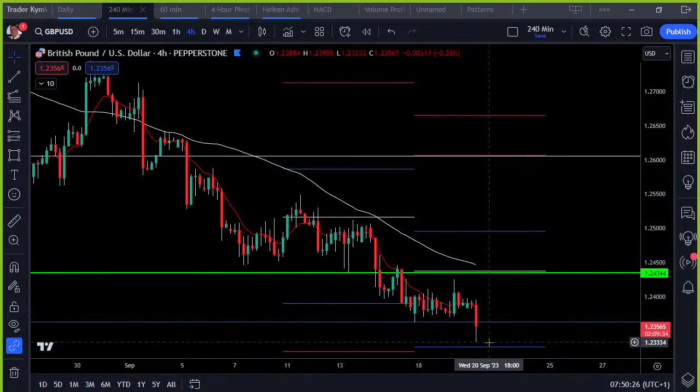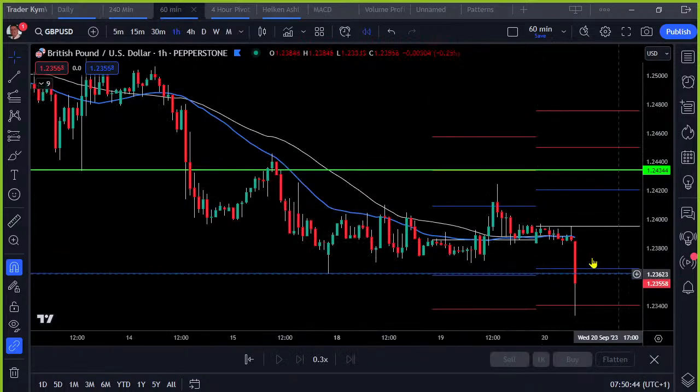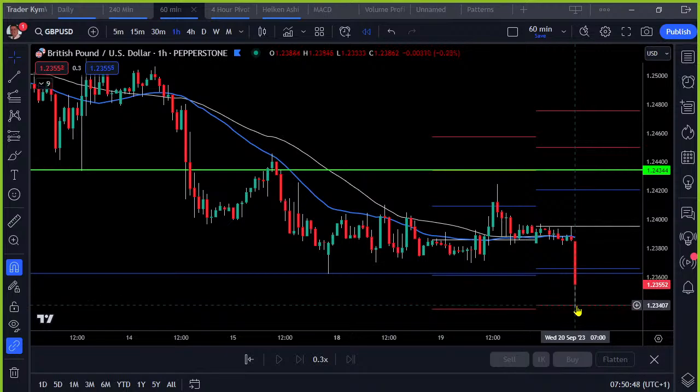What we've seen here is a correction in terms of the inflation coming in less than expected, but the inflation figure is still very, very high, and it's much higher than some of the other large economies. So inflation is still a problem. So yeah, this movement may be short-lived. We've seen a bounce off it already.